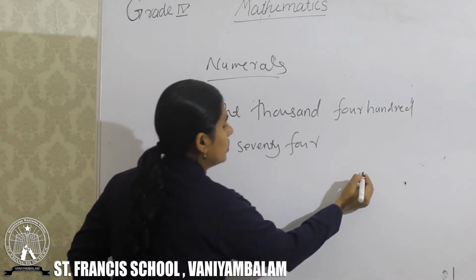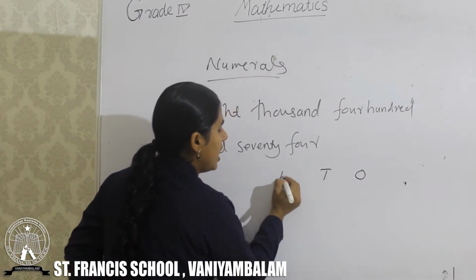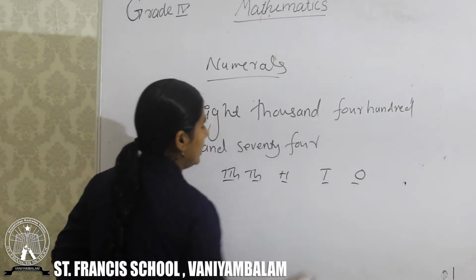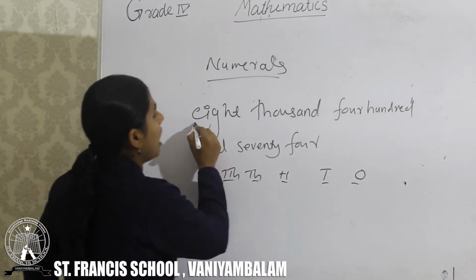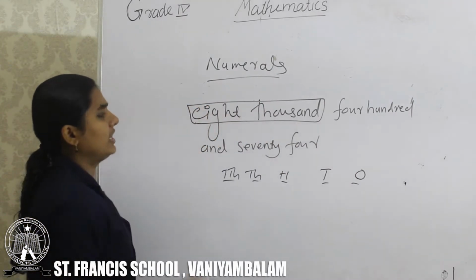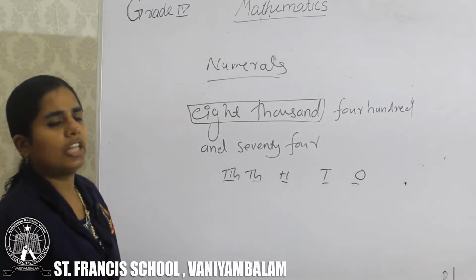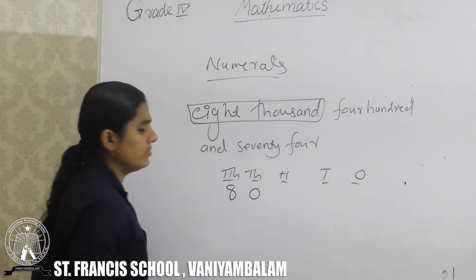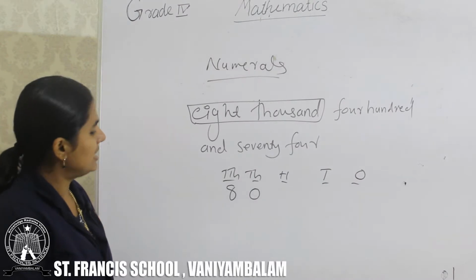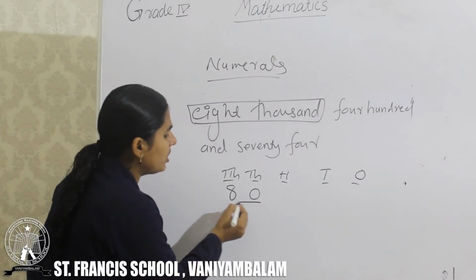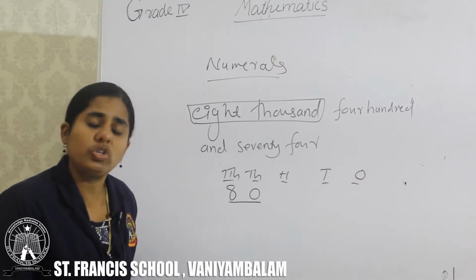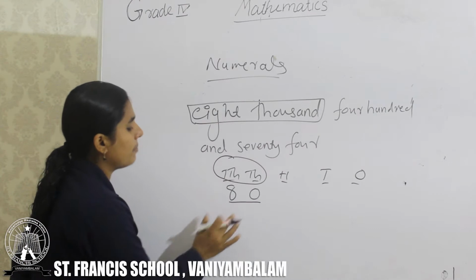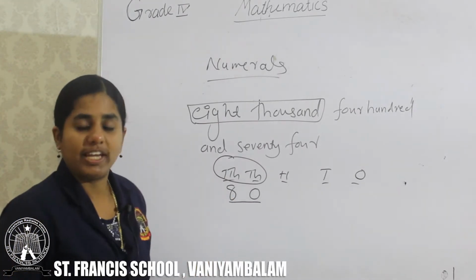First what we want to do? Write the place value chart: ones, tens, 100, 1000, 10,000. Look, here we have only how many thousand? Only 8,000. Some students write this like 10,000 column 8, then 1000 column 0. Let us look at how to read this number. In the 1000 family we have which number now? This is 80. Number 80.